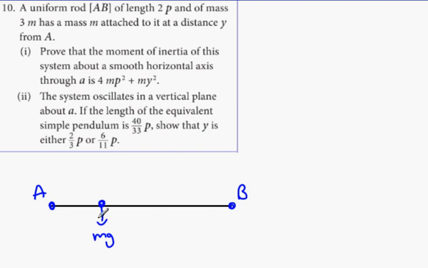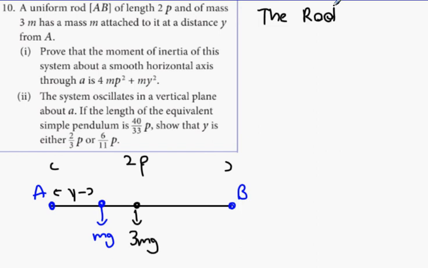So what's happening here is the mass is a distance y away. The full length of this pendulum is 2p, and that means the center of gravity of this is going to be through the center, with 3mg acting at distance p from A. Now we're lucky in that the formula is the same as it usually is for the rod of length 2l. This converts quite easily to a length 2p, so it's the same thing. So our moment of inertia around the axis A, because it's going around this direction here,